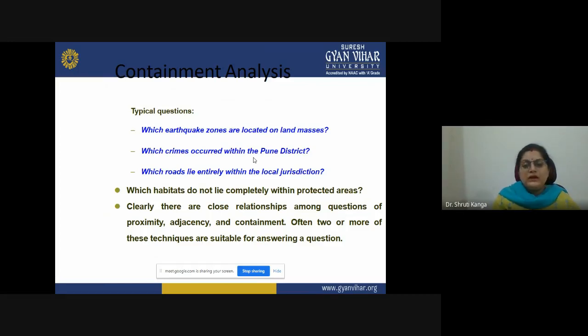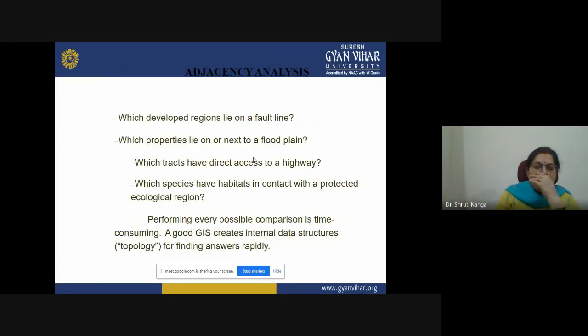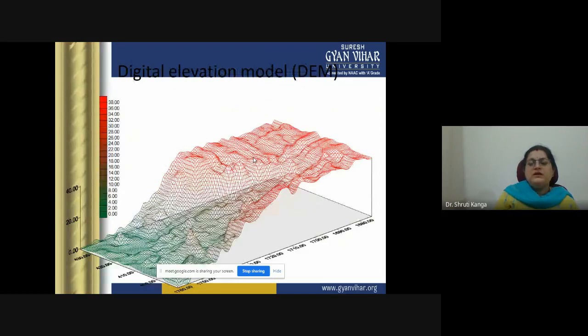Clearly there are close relationships among the questions of proximity, adjacency, and containment. So often two or more of these techniques are suitable for answering a question. Containment, adjacency, and proximity are three functions where we can check the containment of one feature inside another feature, how far one feature is from another, and what the relationship is between two features.